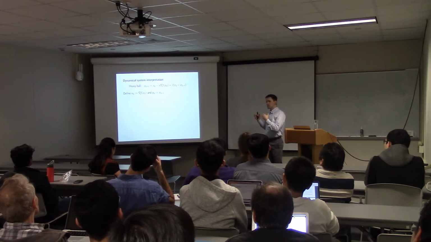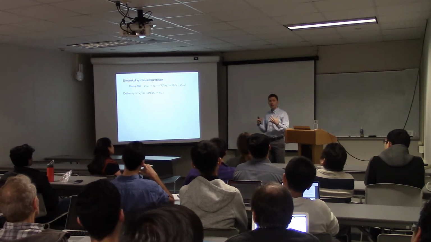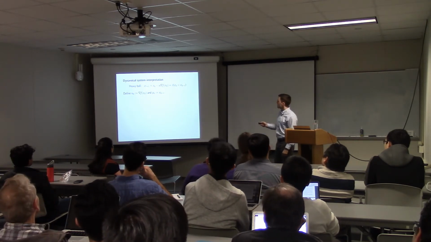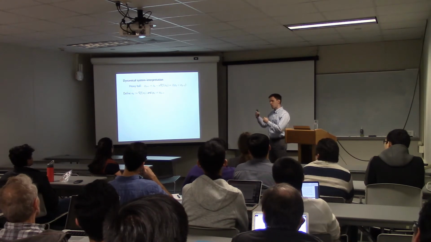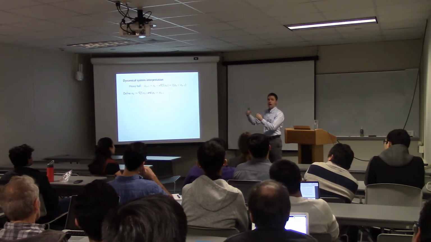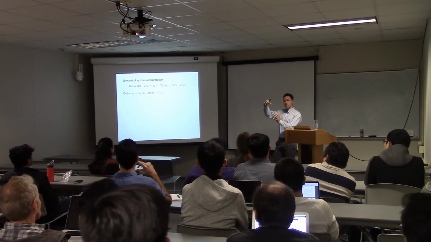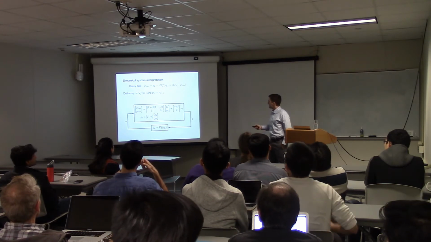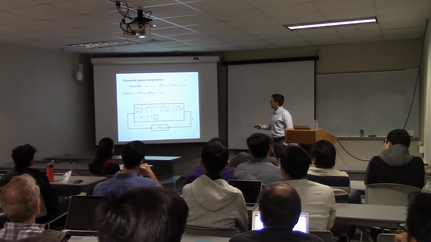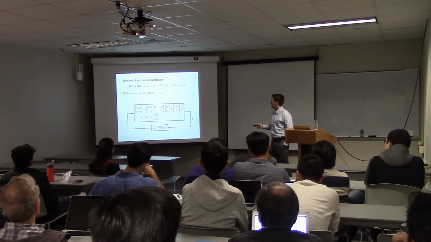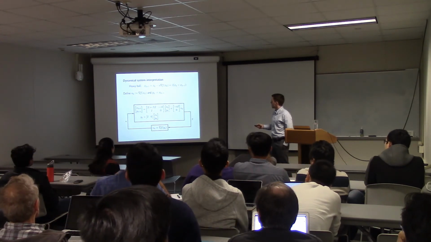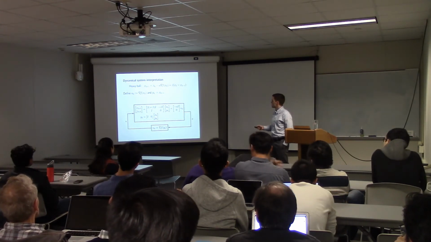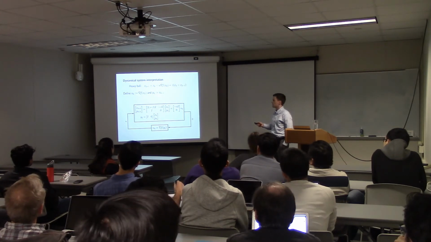If you've taken any systems or controls courses, if you're familiar with state space notation, this is where I'm going with this. I want to put this in state space notation. Rather than having a state where each thing depends on the thing at the previous time step and the thing at the time step before that, I'm going to augment my state so that each thing only depends on the previous time step. This is what it looks like. So my dynamics now look like this. Here, this first equation, xk plus 1 is equal to 1 plus beta times xk minus beta times pk minus alpha times uk. That's precisely this. And then the second equation just says that pk plus 1 is equal to xk, and that's precisely that.